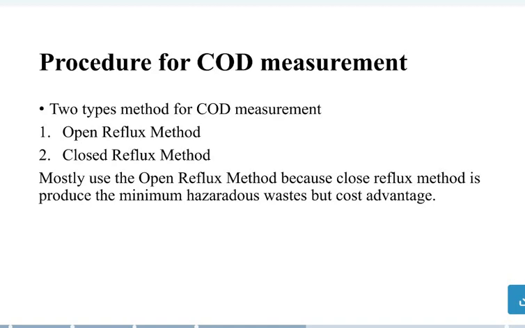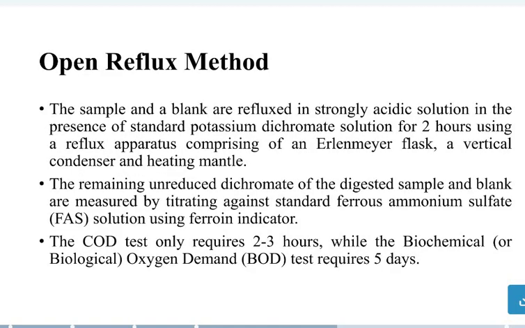Now, procedure for COD measurements. There are two types of methods for COD measurement: open reflux method and closed reflux method. Mostly the open reflux method is used, because the closed reflux method produces minimum hazardous waste but has a cost disadvantage. Now, open reflux method. You know, my friends, the sample and blank are refluxed in a strongly acidic solution